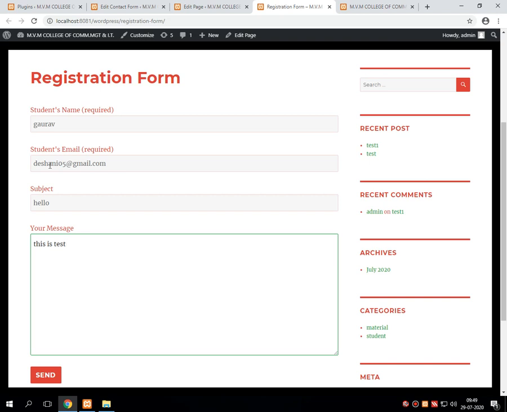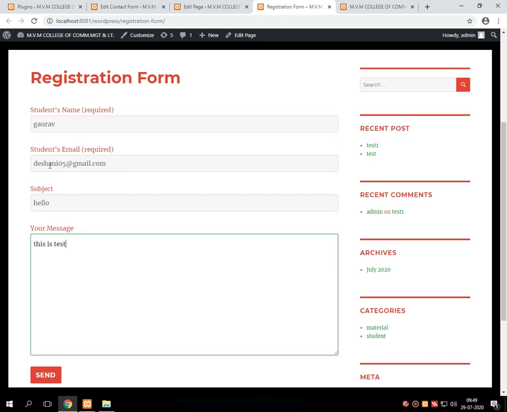So whenever you type the data in this form and press the submit button, it is not going to be stored anywhere in any table of the WordPress database. Clear? It is also not going to be stored in any folder of the WordPress installation.